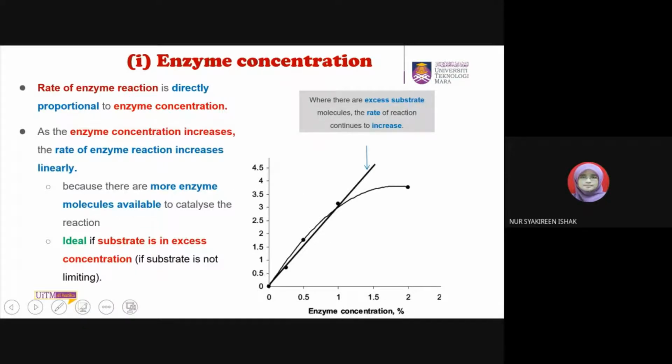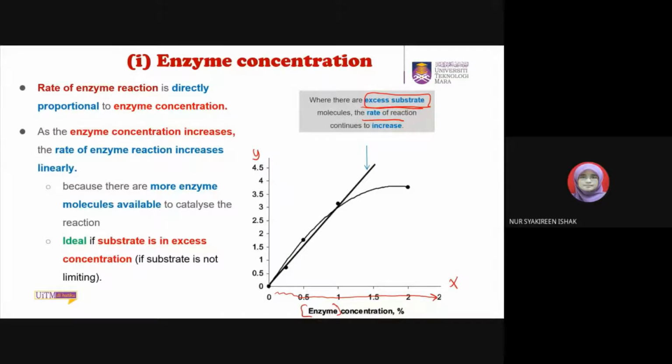Okay, so we are going to look first at the first factor, which is enzyme concentration. As you can see from this diagram, you have a graph here. The y-axis is the rate of reaction. The x-axis is the enzyme concentration. If in a reaction you keep on increasing the enzyme concentration, and you make sure that the substrate is in excess,